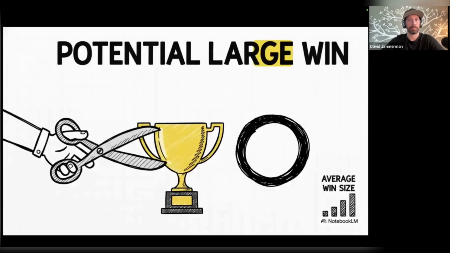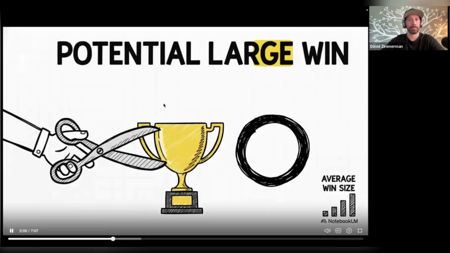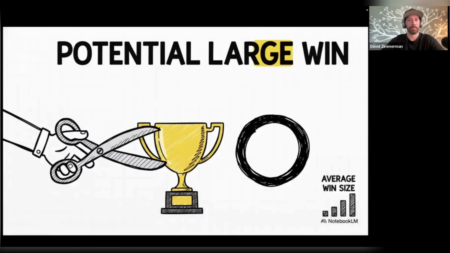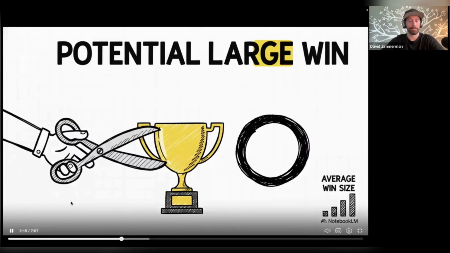And here's where it all connects. Every single time you move your stop to break even and then get nicked out by just the normal random noise of the market, what have you done? You've just replaced a potentially huge win with a zero. You are systematically attacking and shrinking the most important part of that equation, your average win size. You make it mathematically almost impossible for your winners to pay for your losers.